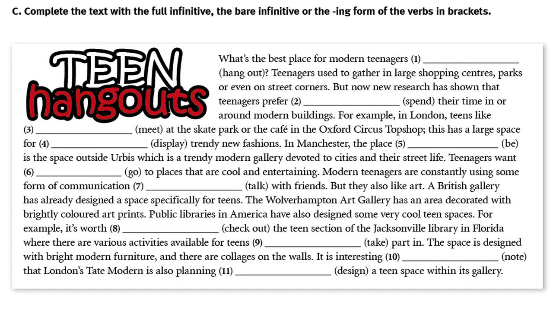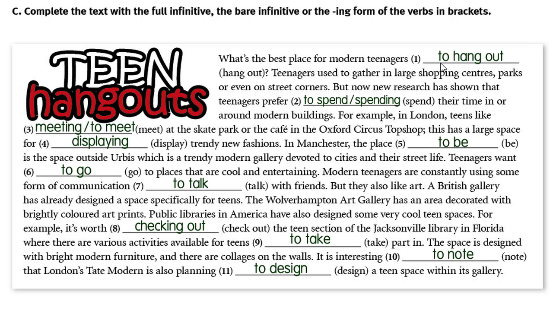C. Complete the text with the full infinitive, the bare infinitive, or the ing form of the verbs in brackets. Complete using the full infinitive, to plus the verb in base form, or the bare infinitive, the verb only in base form, or the verb with ing when used as a subject or a gerund. Answers. To hang out, we used the full infinitive, adding to to hang out in base form unchanged,